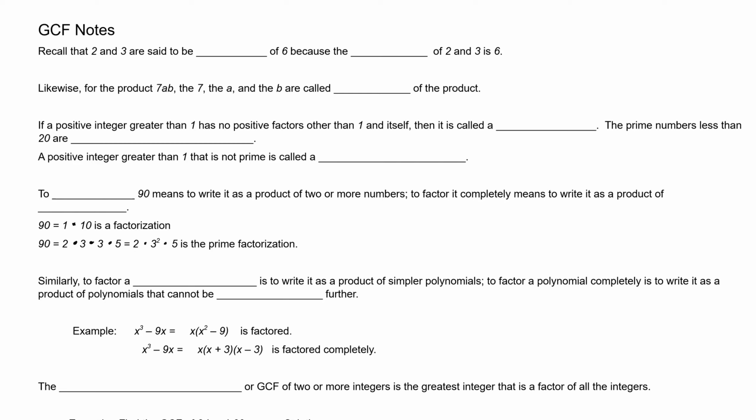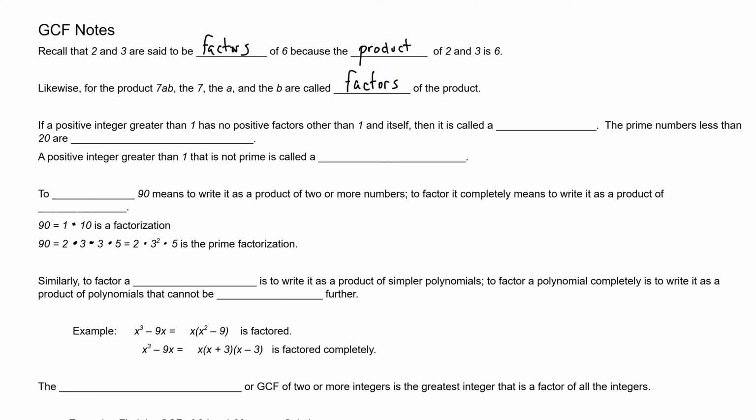Recall that 2 and 3 are said to be factors of 6 because the product of 2 and 3 is 6. Recall that product in math means not anything that's produced, but what is produced as a result of a multiplication. So likewise, in the product 7AB, the 7, the A, and the B are called factors